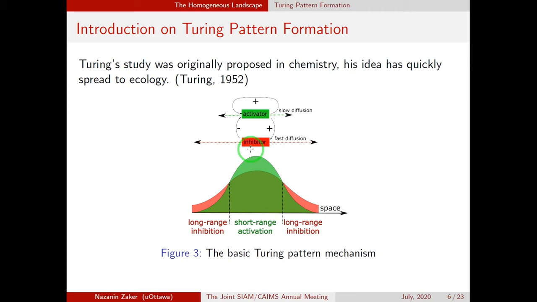In fact, if we have an activator, it pushes itself up, as we see here, and the activators stay too close to each other because of the small dispersal that we have for our activator. On the other hand, the inhibitor spreads faster and as far as it can to stop the activator. This mechanism leads to a pattern. The associated spatial pattern is named a Turing pattern.